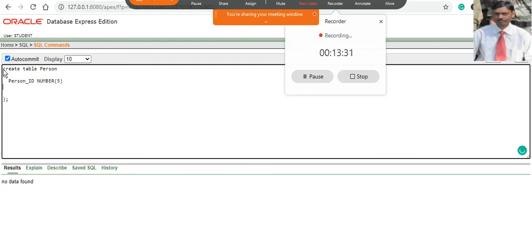Okay, after that second field, second attribute, name. Attribute and field are same. Or column name also, you can say column name also. Name is a text value. I'm going to take the data type varchar. Varchar means varying character. I will explain you about varchar later in another class. You just remember that it is a varying character data type. How many characters you need for the name? I am just taking 20 characters for a name.